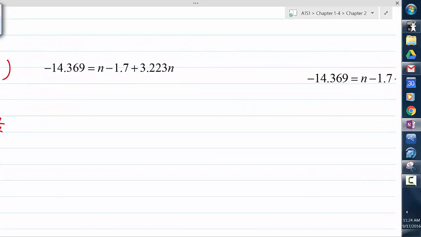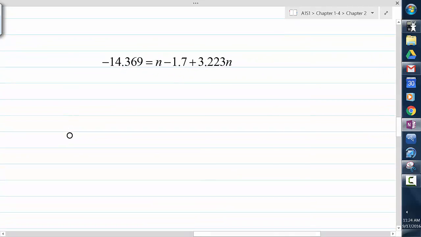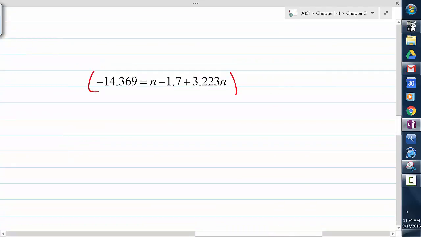Say over here, negative 14.369. Now what you guys have to understand is when we take this one, you have to jump 3 decimal places. So that means you are multiplying by 1000. So let me actually go over here, I need some room for the problem. Multiply this by 1000. This decimal point is going to jump 3 spaces, right? So you're going to have negative